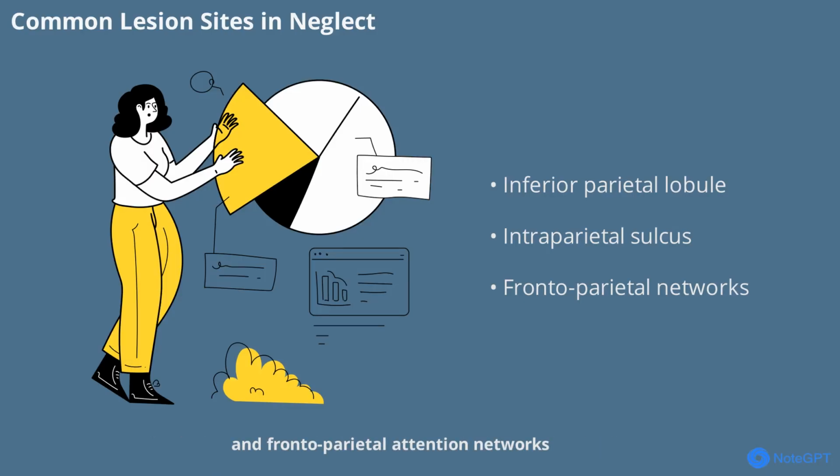Hemispatial neglect is most often associated with lesions in the inferior parietal lobule, intraparietal sulcus, and frontoparietal attention networks. These regions are crucial for integrating sensory information and directing attention across space. Damage here disrupts the brain's ability to represent and respond to stimuli on the neglected side, leading to the characteristic